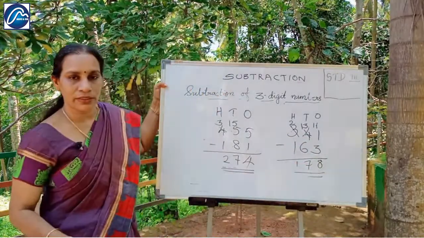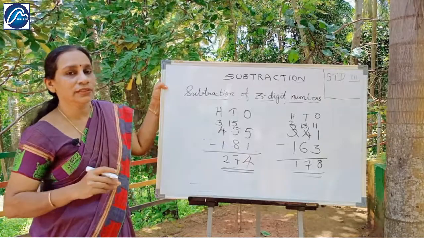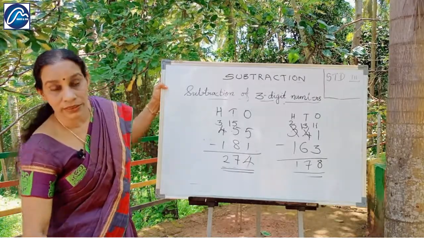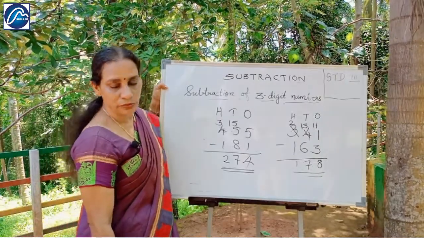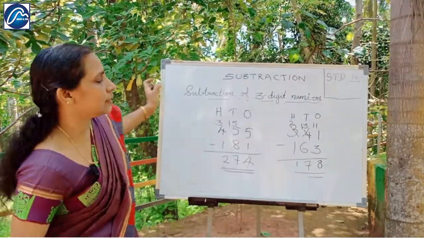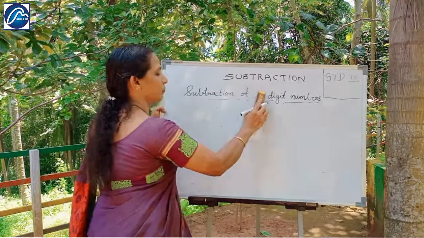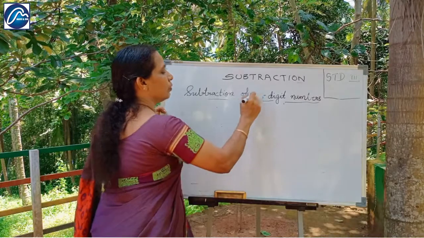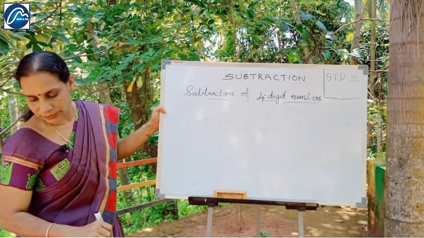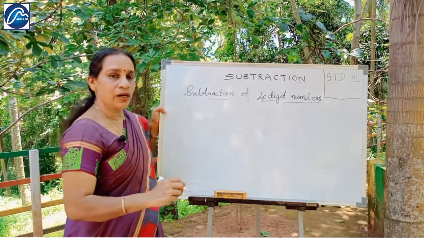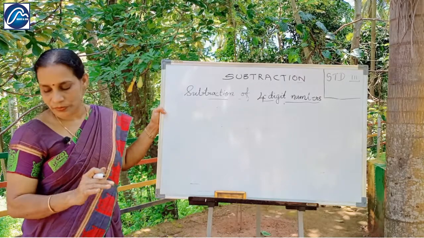This is the method you are using for subtraction. Like this, you can subtract 4-digit numbers also. We can go to 4-digit numbers also, with some examples. This is regrouping. Got it? 4-digit numbers, I give an example. Without regrouping, you know that is easy. So with regrouping, we are going to study.